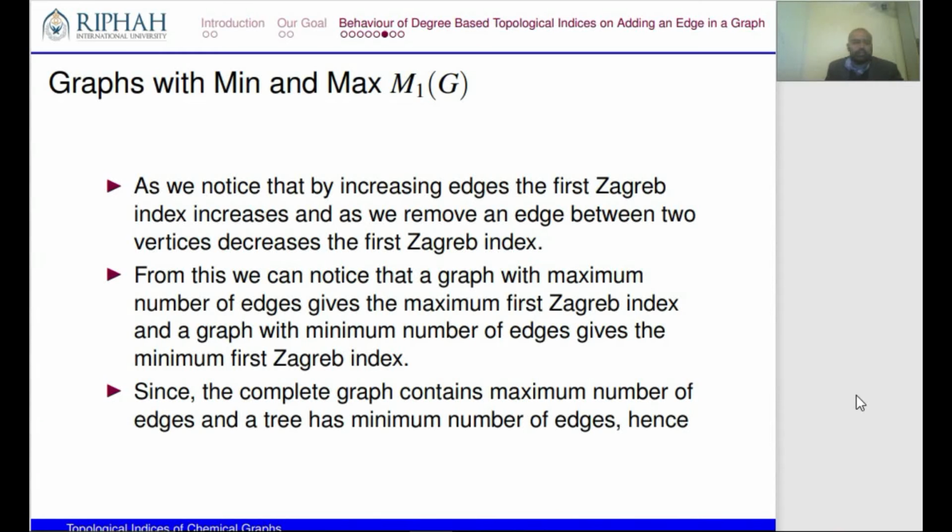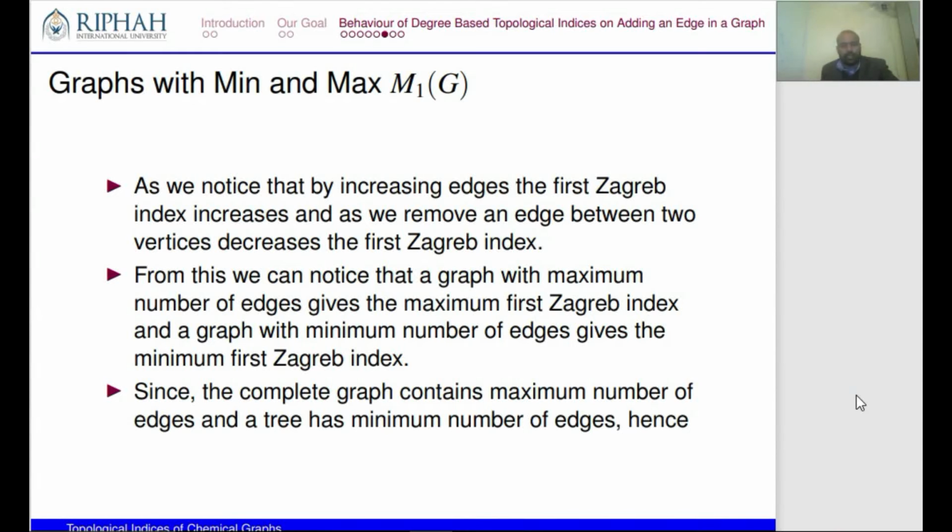Okay, let's discuss this. As we noticed in our previous discussion, the first Zagreb index increases as the number of edges increases. So we can conclude that the more edges we have in our graph, the larger the first Zagreb index will be. Or in other words, the maximum Zagreb index is attained by the complete graph, because the complete graph has the maximum number of edges. And trees, because trees have the minimum number of edges, so among the graphs of order n, trees attain the minimum